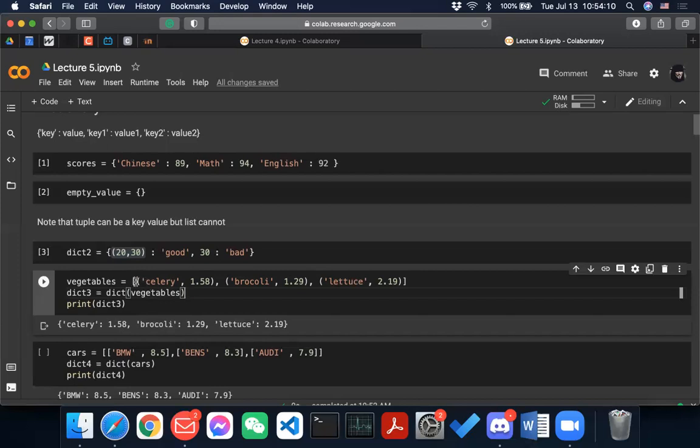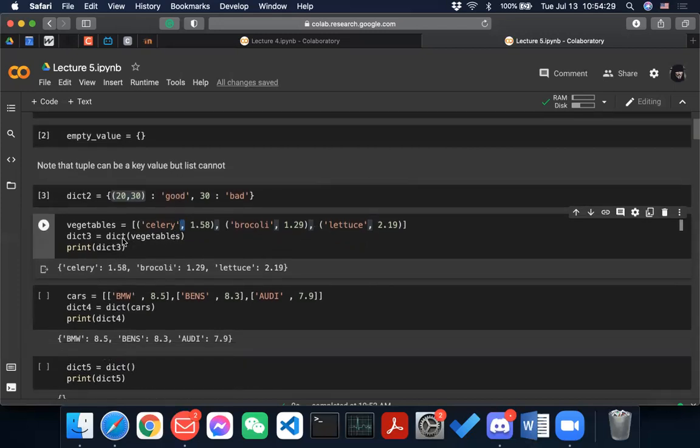So you have a list of tuples, and just be careful because it is a tuple. So this is not a colon anymore, this is a comma instead of a colon, and everything here is a comma. As long as you call dict, it will convert into a dictionary. You can also do a list of lists, and that is also valid.